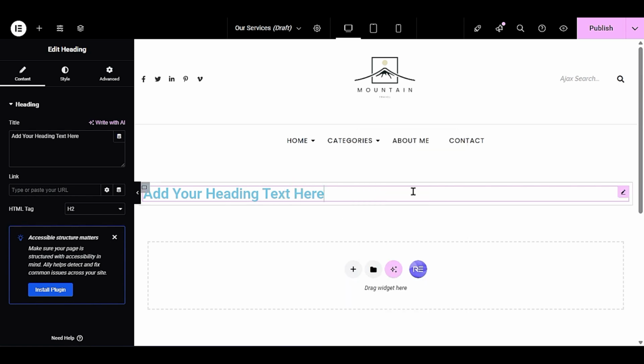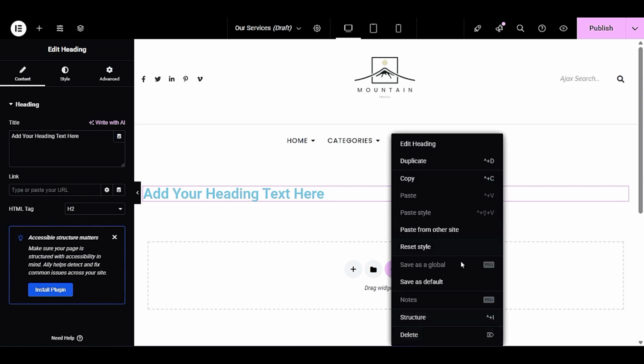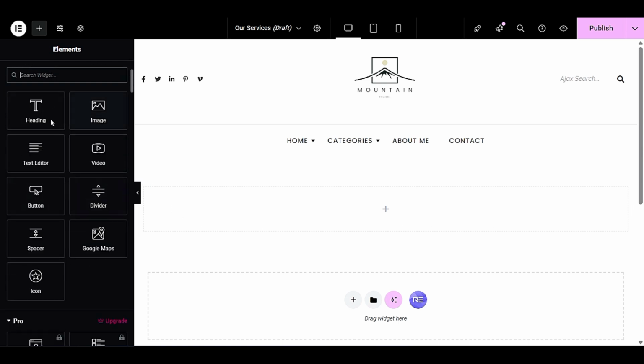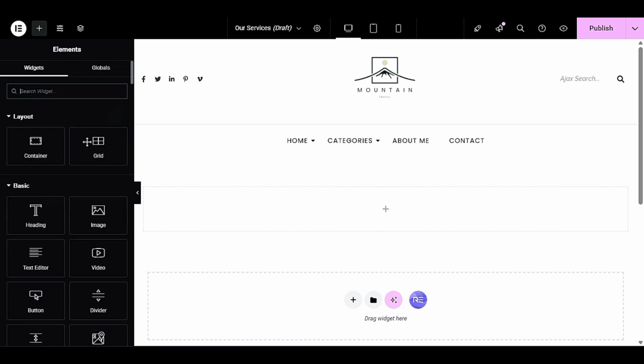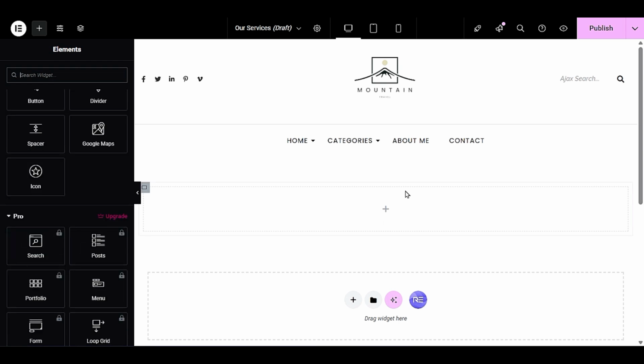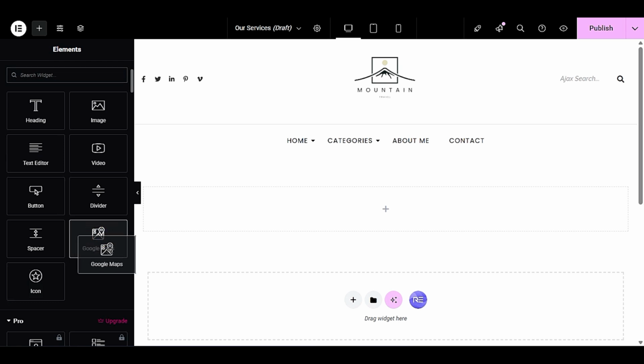If you want to delete anything with Elementor, first hover your mouse over the place you want to delete, right click, scroll down, and you will see the delete option. Now we have the same box again, and we can drag new things here. If you want to display an image, under the basic section on the left side, we have a heading, image, video. All these are elements you can use and drag here and start building your website. If you want to display Google Map, just drag this Google Map here,